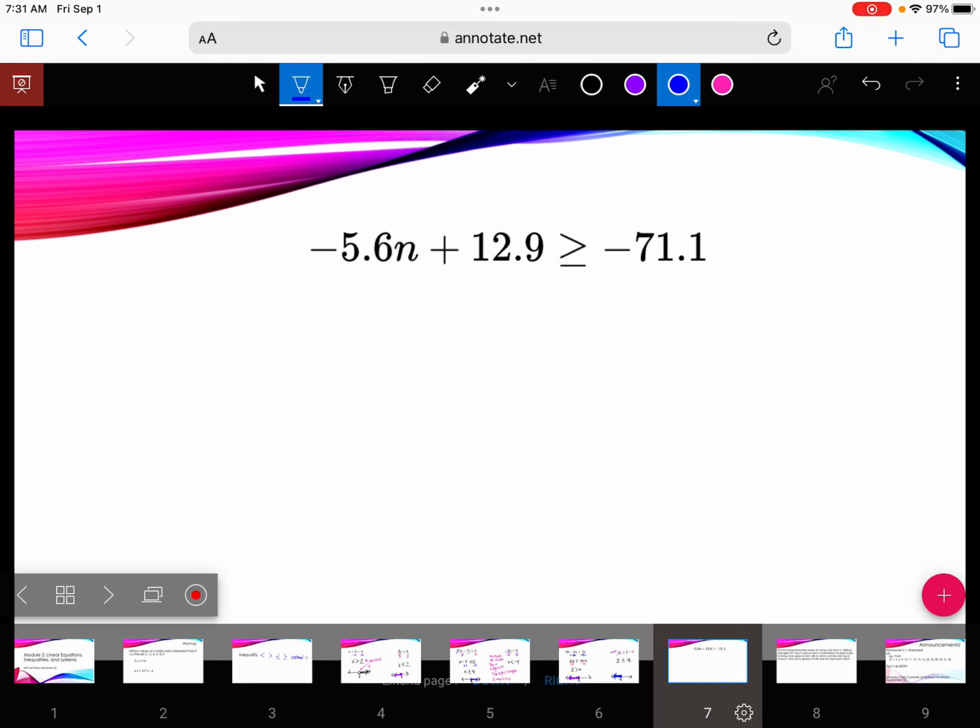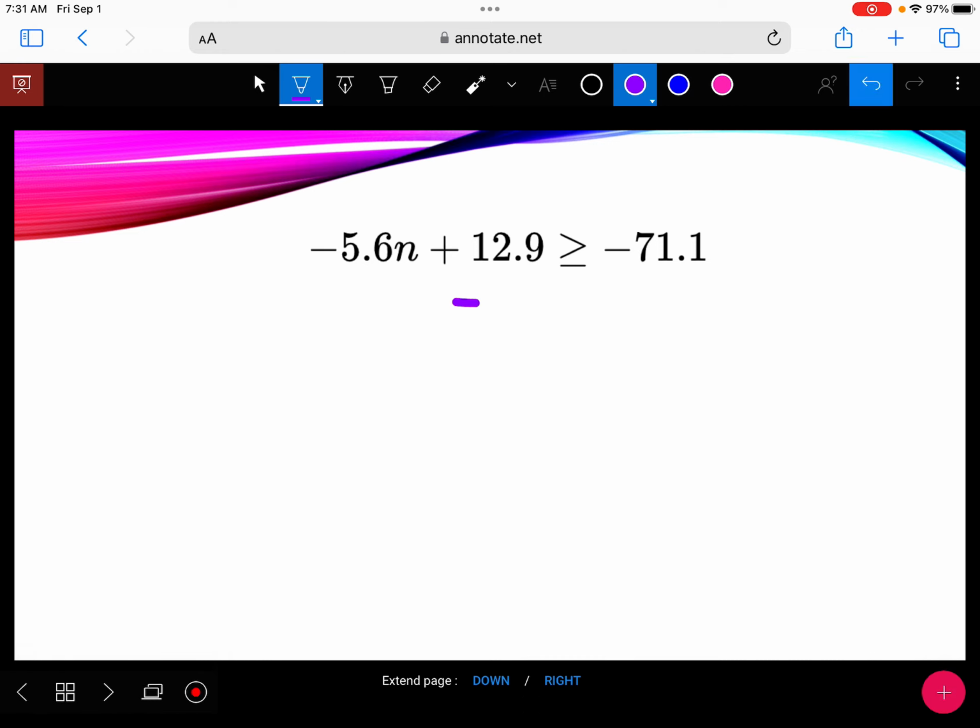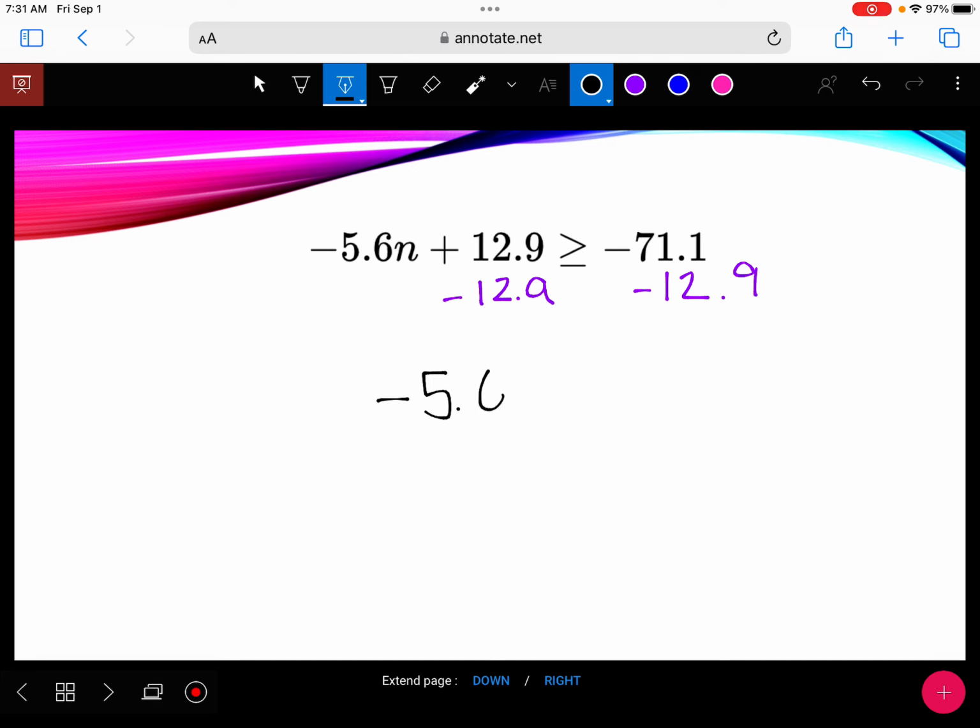Yeah, and we can leave this as decimals. It's totally fine. We have calculators. They live in our pockets. We can rack this. So absolutely, we need to get those numbers together. So I need to subtract the 12.9 from this side. I need my numbers together and on the opposite side of my sign from my letter. So that's going to give us -5.6n is greater than or equal to